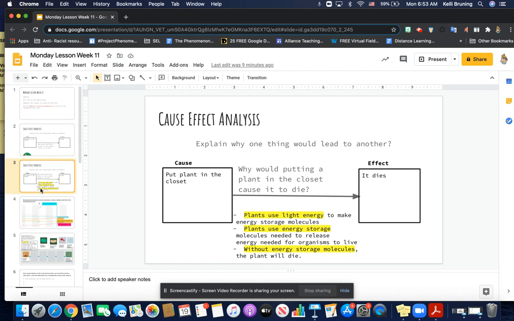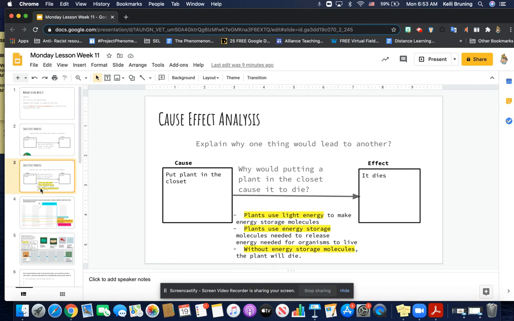And we also know that plants use energy storage molecules needed to release energy needed for organisms to live. And then without energy storage molecules, these plants will die. So there's a series of things that happen as a result of putting the plant in the closet. We put it in the closet, it ends up not